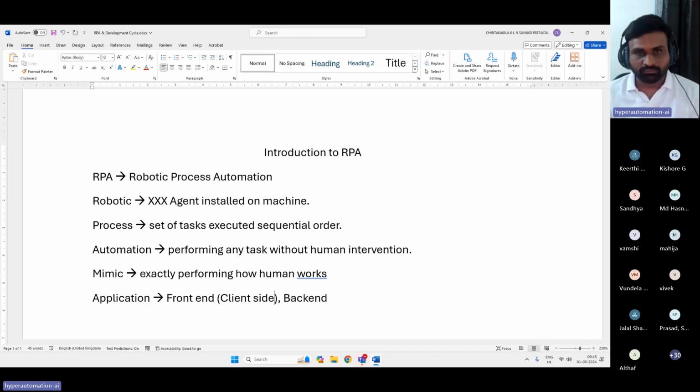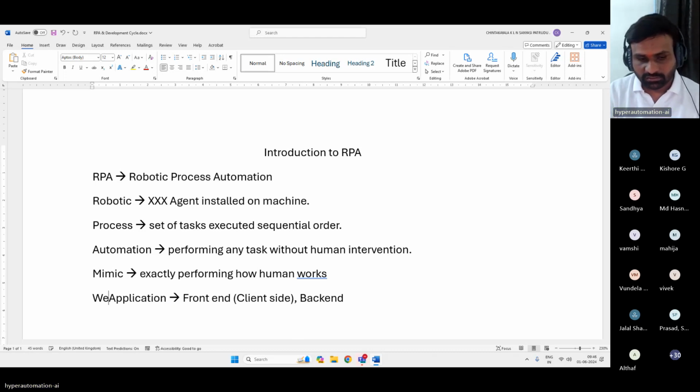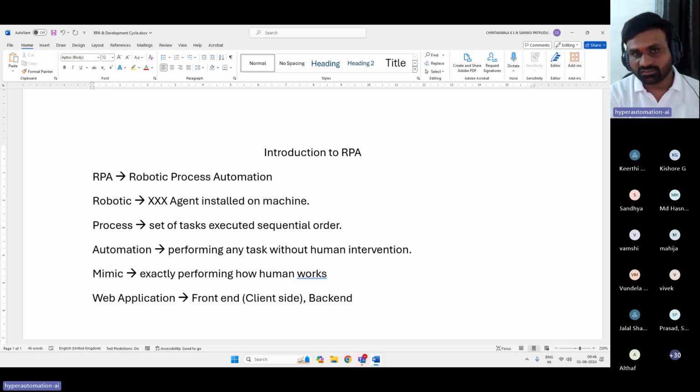But generally, in the majority of web applications, we call this server side and client side, not on Word or something. Let us suppose you're going to Amazon.com.in. Whatever screen you're seeing, the search boxes or products, that is your front end, or client side, which you can see with your eyes.